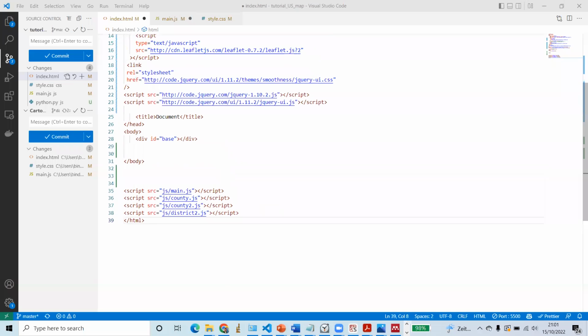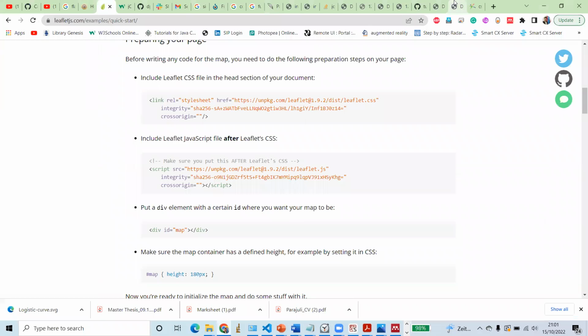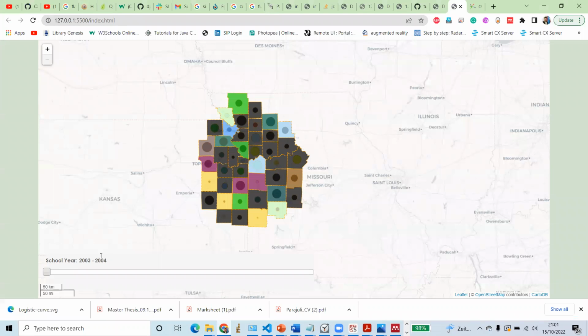Hello everyone. Today I'm going to show you how to add this kind of slider in our map. I also wanted to make this slider working, but it is not possible at the moment. For example, if I slide the different proportional symbol, this map's values will be changed according to the slider, but that was not possible for today because I was stuck at some point,